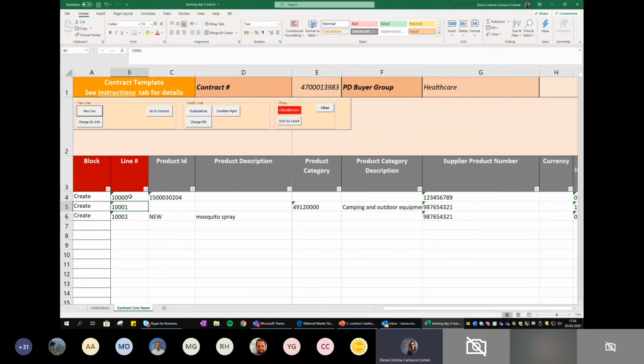This is all the lines that we request will begin with the lowest number, which will be 10,000. So don't get scared. This will be the line 10,000, 10,001, 10,002. We have the product ID, we have the product category, and this is a request for new product ID. Here we have